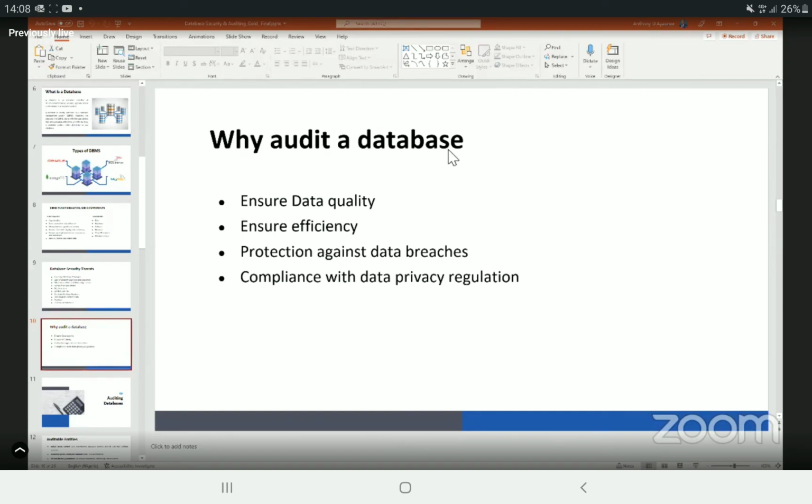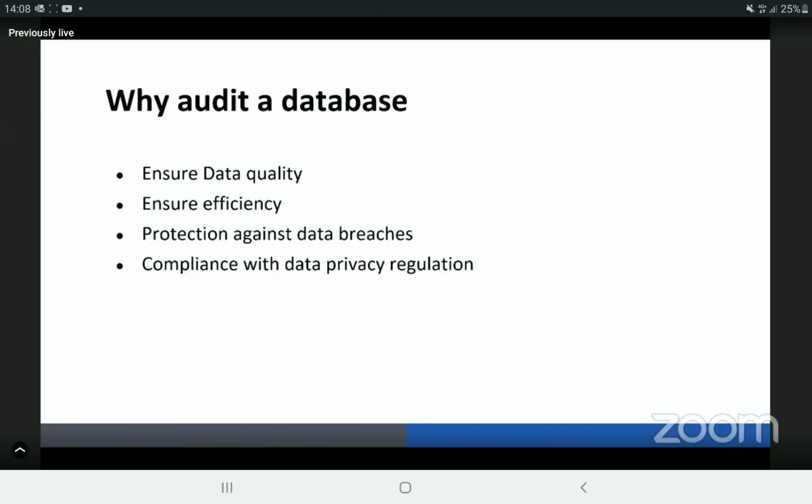Okay, so why audit a database? Auditing your database, besides ensuring operational efficiency, like I had mentioned earlier,